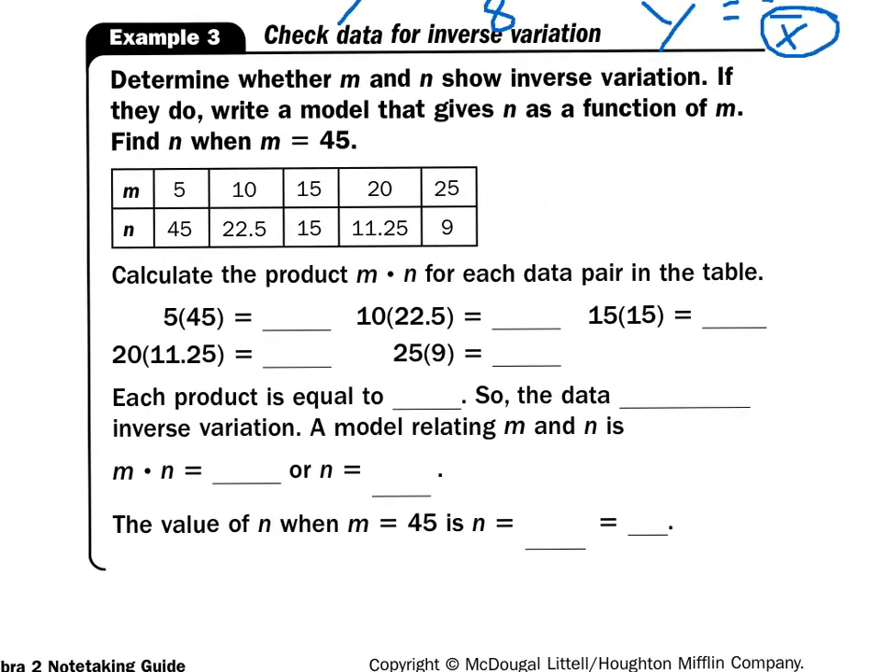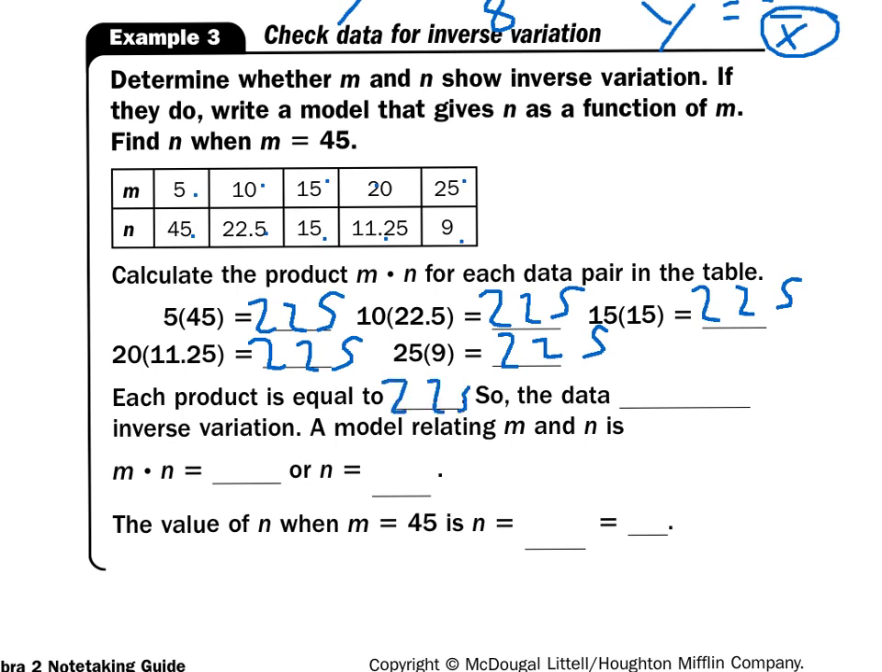On example 3 here, determine whether m and n show inverse variation. The one rule that we have to find inverse variation is kind of slick. You just take all the numbers and you multiply them. If you take the x and the y, or the m and the n in this situation, and you multiply them, you'll notice when I multiply all these out, I get 225 every time. Well, if when I multiply the two things, I get the same answer every time, I know that each one's equal to 225, so the data do show